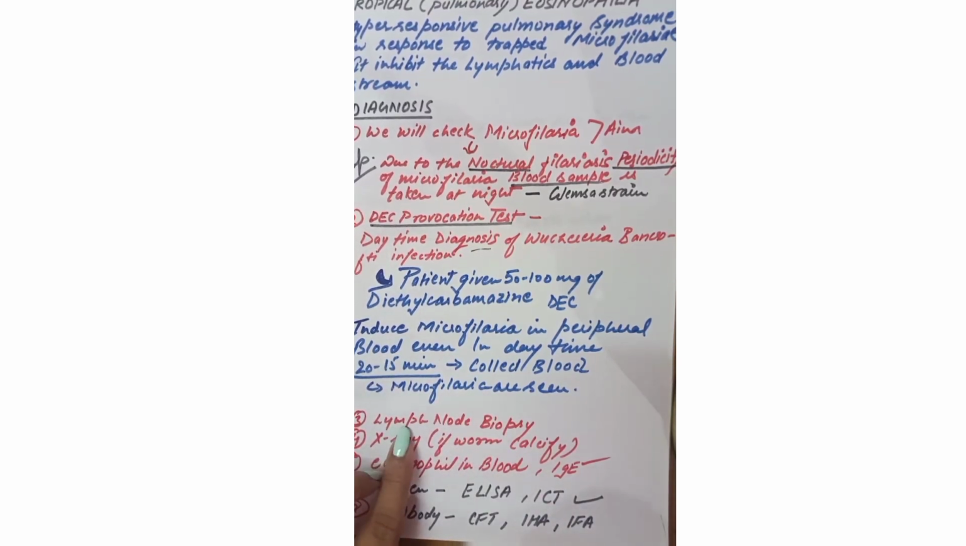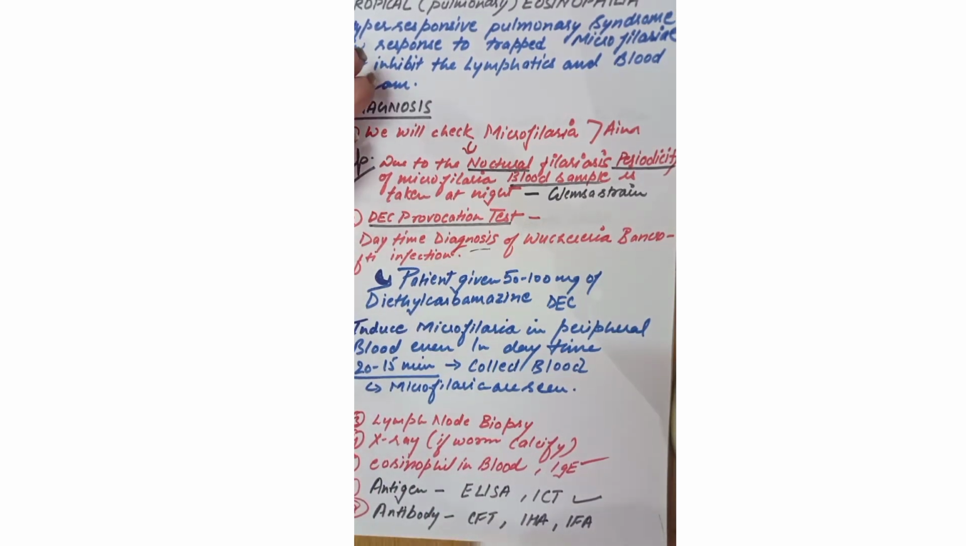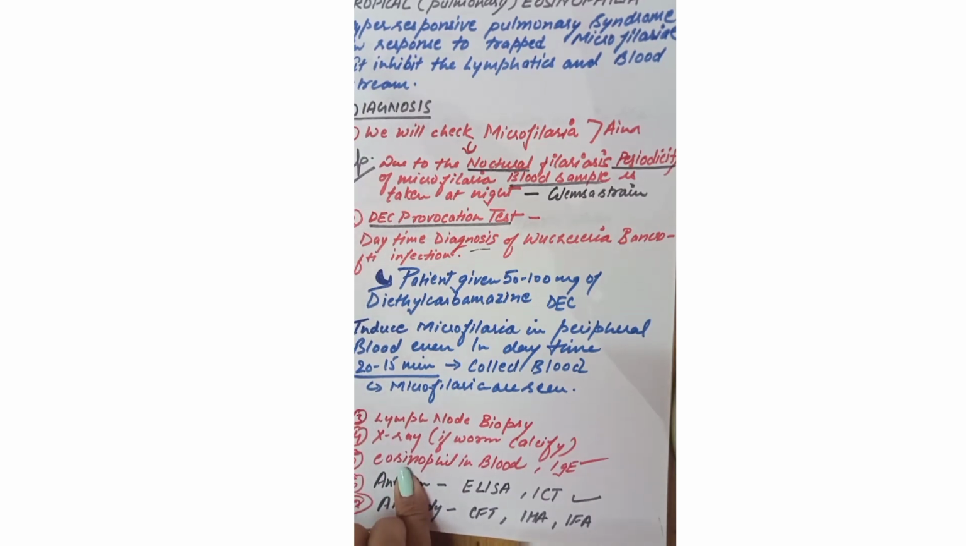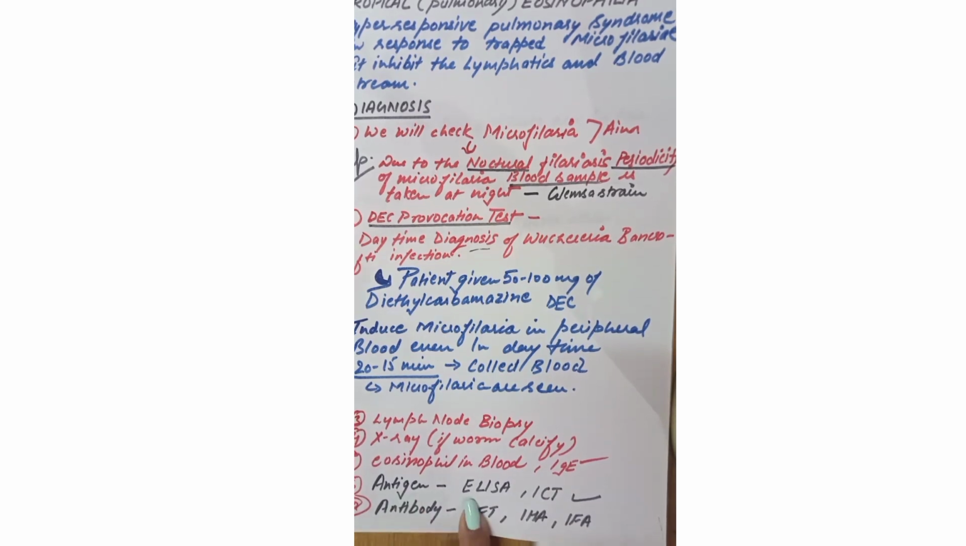अदर थिंग दैट वी कैन डू इज़ लिम्फ नोड बायोप्सी करा सकते हैं। एक्सरे में अगर हम लोग देखें, अगर वॉर्म जो है यानी कि जो आपका राउंड वॉर्म है, अगर वो कैल्सीफाई हो गया तो आपको एक्सरे में भी देखने को मिलेगा। eosinophil इन द ब्लड, यानी कि जैसे कि ट्रॉपिकल eosinophilia होगा तो आपको eosinophil भी देखने को मिलेगा, ठीक है। IgE निकलेगा, वो भी दिखेगा। एंटीजन्स लाइक एलाइजा हम लोग कर सकते हैं, ICT, एंड एंटीबॉडी के लिए CFT, IHA एंड IFA कर सकते हैं, ठीक है।